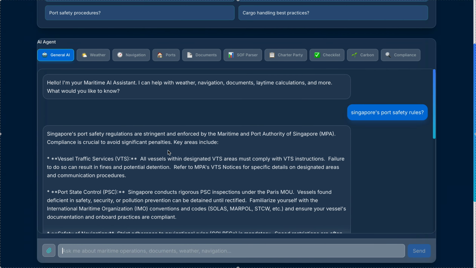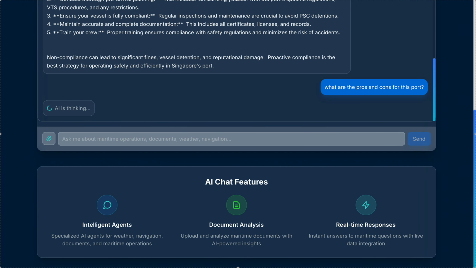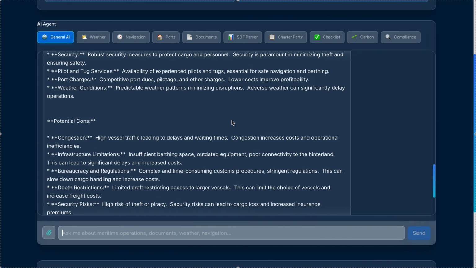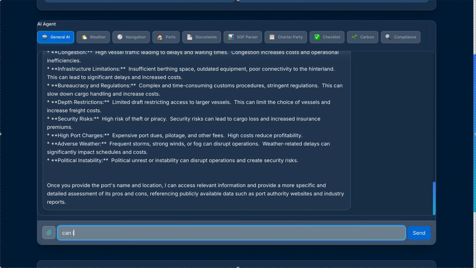These are the port safety rules for Singapore's port. We can ask what are the pros and cons for this port. We can also take help of this AI chatbot to plan a voyage based on the days or the carbon emissions. We can plan a voyage